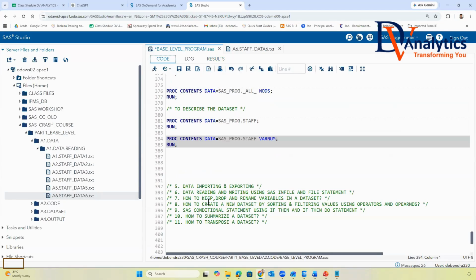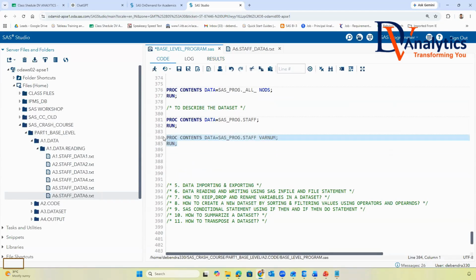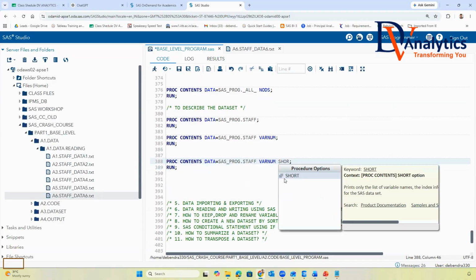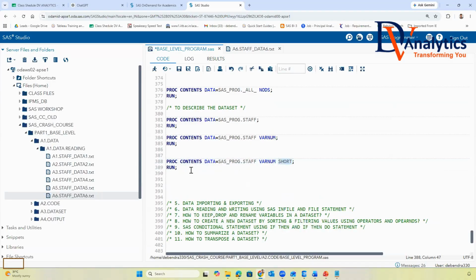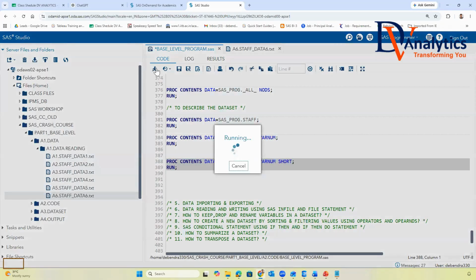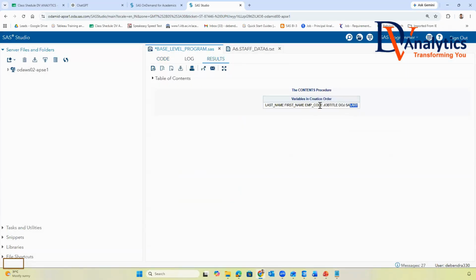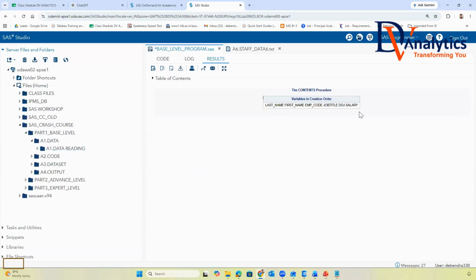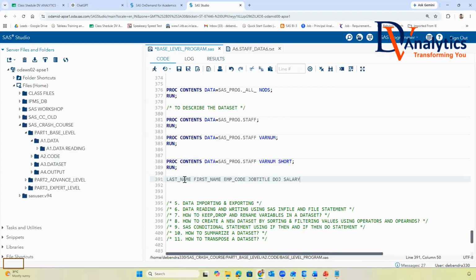So this is how we go about describing a dataset. Also, to see only the header, you can write short. Varnum short is an option. If you're using short as an option, it gives you only the header of the dataset. So we can easily identify these are the headers of your dataset, which you can find here.